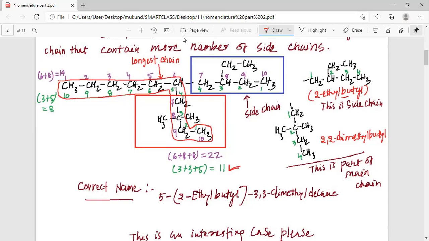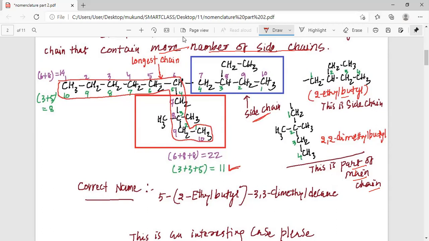When we consider this kind of chain as part of the main chain, we realize that this is the chain with more branches, more side chains. More side chains are possible when we consider the chain covered with the red box, and that is why we consider the red box as the main chain,